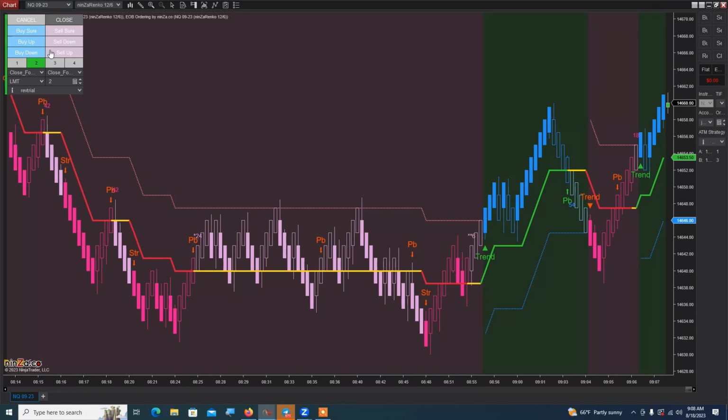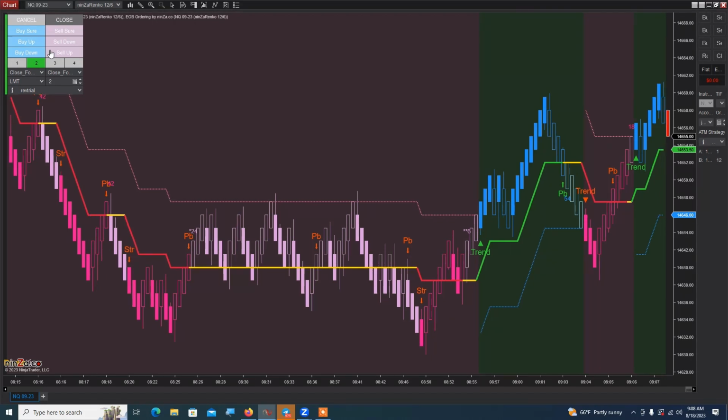Before I forget, because things will get crazy, someone asked me about the template to use, the money management. Really very simple. You have two contracts. First target is at 12 ticks. Stop, I believe, is 60 ticks. But after hitting the first target and you cover half a position, the second contract,